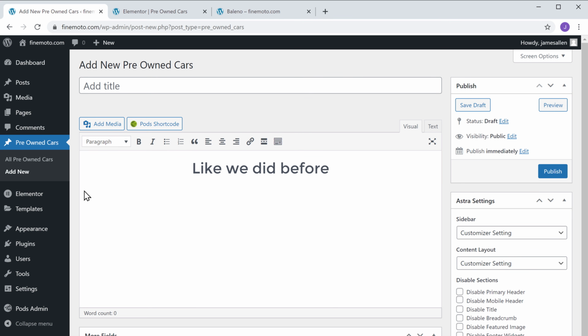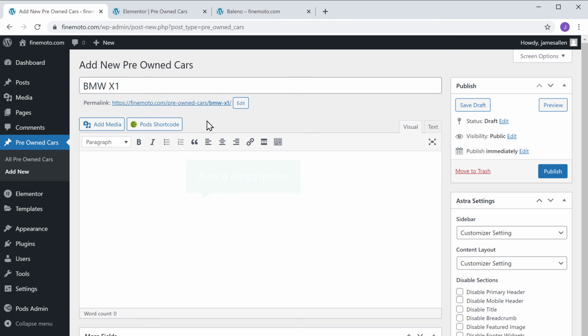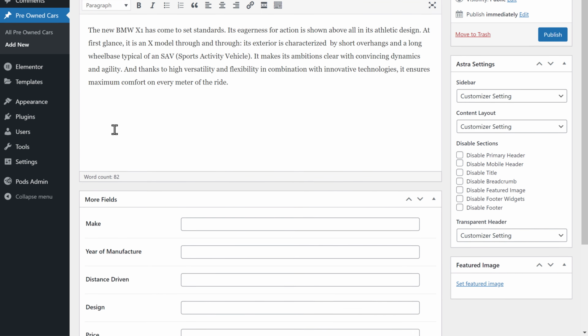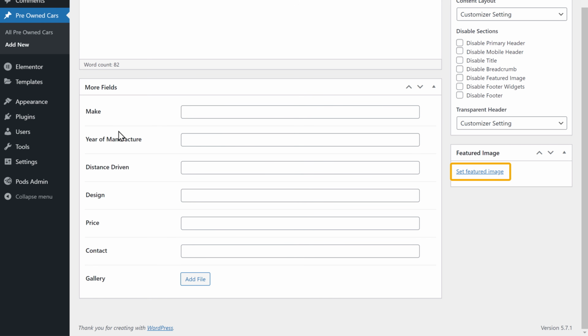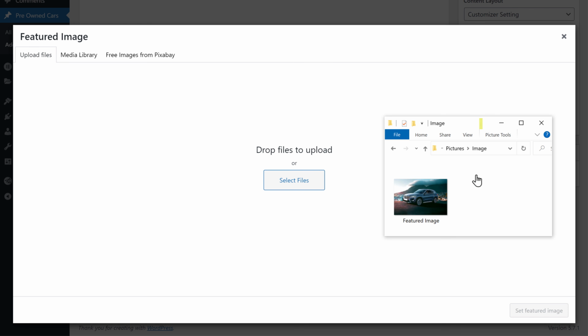Like we did before, let's give a title here. And then add a description. Now click here and drag the image you want and drop it here.